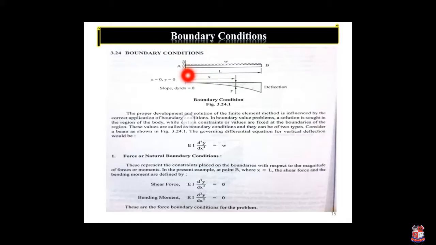As per the element, this is node number 1 and node number 2, but if we have to find the intermediate deflection of any beam, then we use the shape function formulation. For the shape function we take a point at a particular distance x, and at that place we want to find out the deflection y. For that purpose we are using a differential equation.